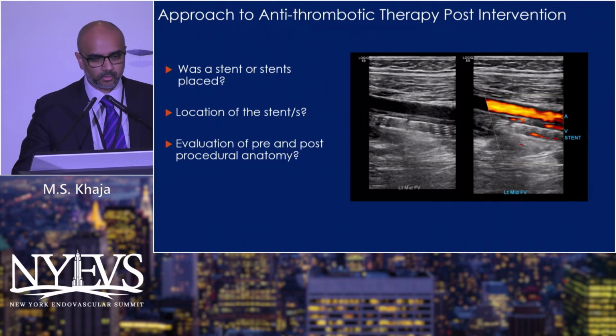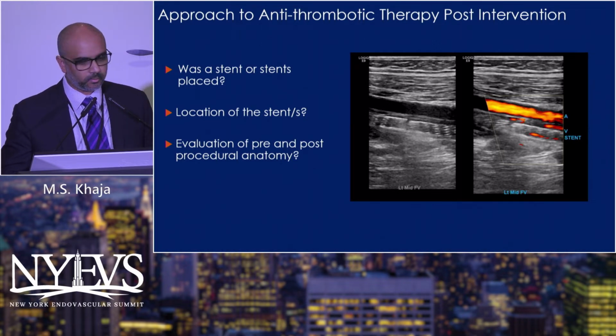So other things I think about is, was a stent or stents placed? Where are the location of the stents? What's the extent of it? Is it just a common iliac vein stent, or do you have an iliocaval reconstruction with like 5 different stents in place? And what is the pre and post procedural anatomy? Again, Ron mentioned earlier, what's the inflow? And that's key. So is the inflow diseased? Is it stenotic? Have you done something about it? Or is it wide open? Do you have internal iliacs, common femorals, profunda, all going into a common iliac vein stent? So these are kind of things you want to think about. And here's just an ultrasound image showing you an occluded stent here,